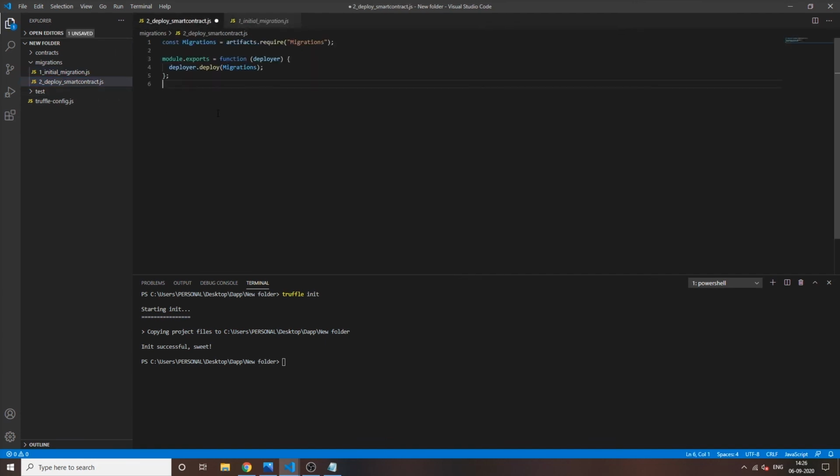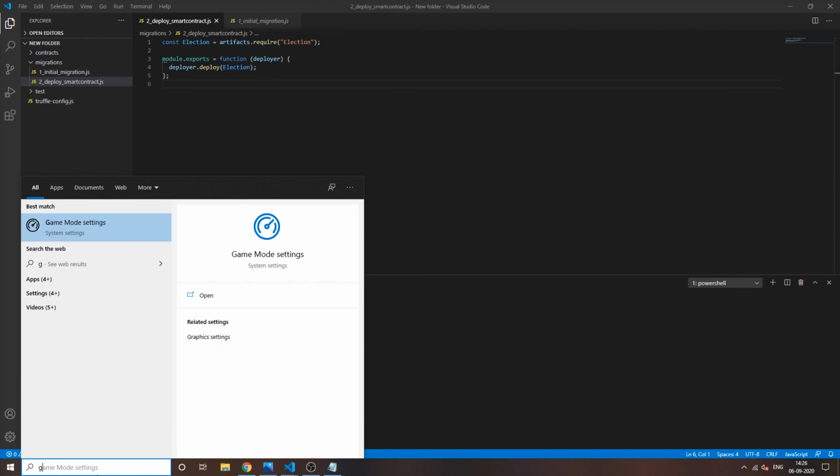Now we will just copy and paste the code from it, and we will give it the name election. You have to do this every time you are deploying a new smart contract of your own. Then you just have to follow these steps.